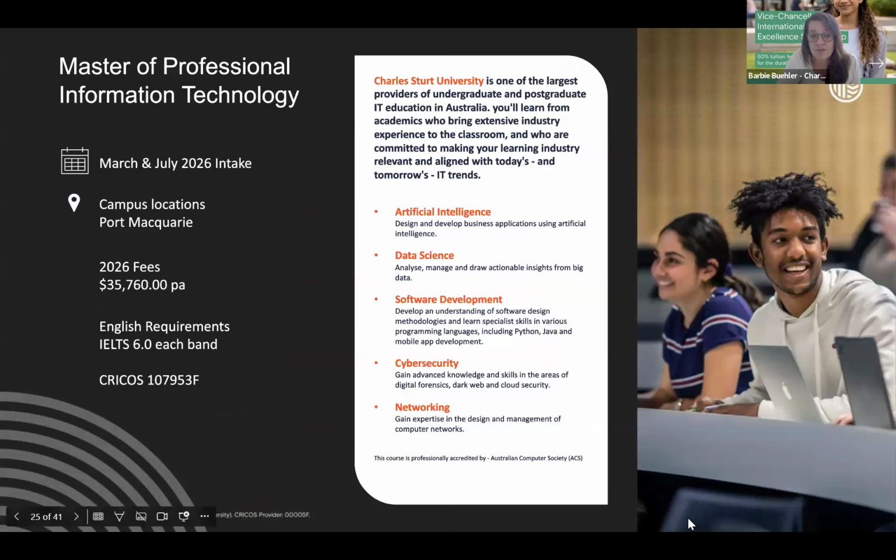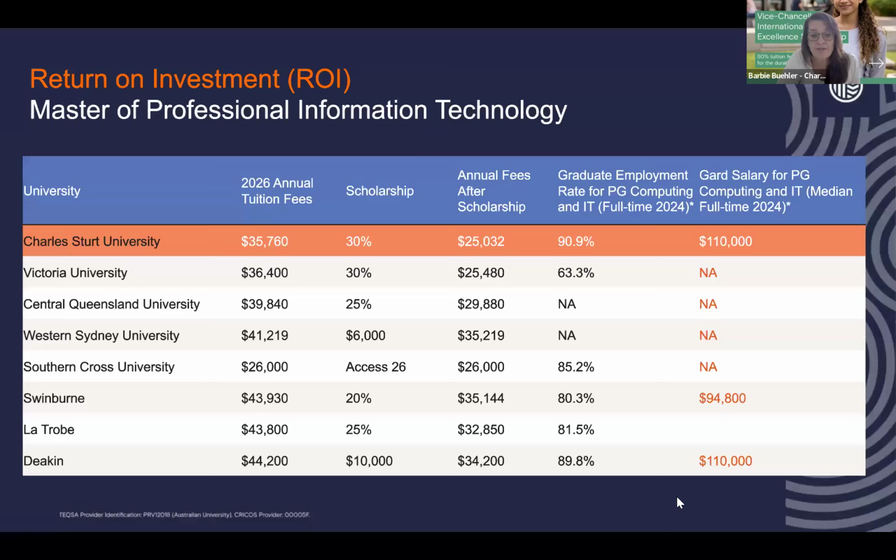Students can also specialize in any of the areas with the red headings. And then again, just to show you the return on investment, after the scholarship has been applied, the tuition fees are one of the most affordable, as well as the highest employment after graduation, and also the highest starting salary.